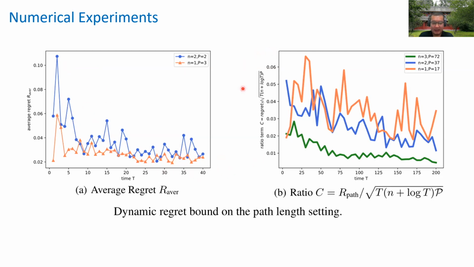Maybe this is a better figure to show the asymptotic behavior. Basically, we compute this regret over the square root of T times the path length P, and also this log term here. So this is the asymptotic bound that we are given in our paper, and we conduct numerical experiments for this. You can see that if we consider this kind of ratio, there are some oscillations, but it is always upper bounded, which suggests that this is at least an upper bound on what is happening in our online prediction of the quantum state.